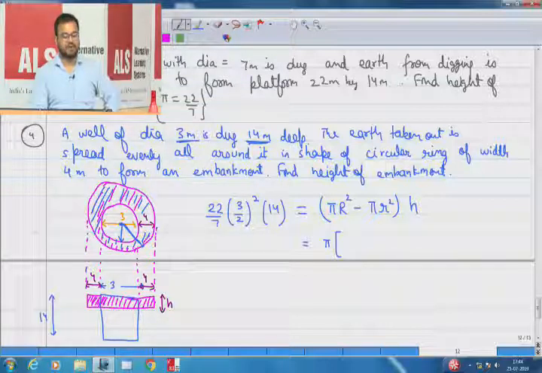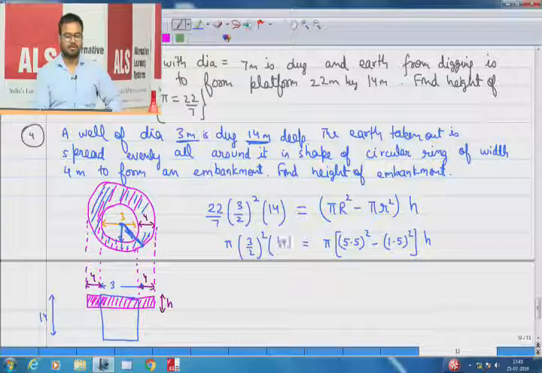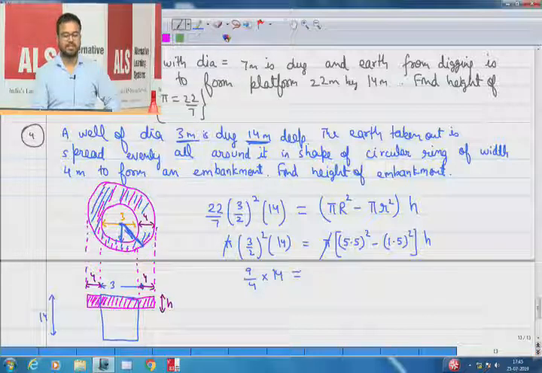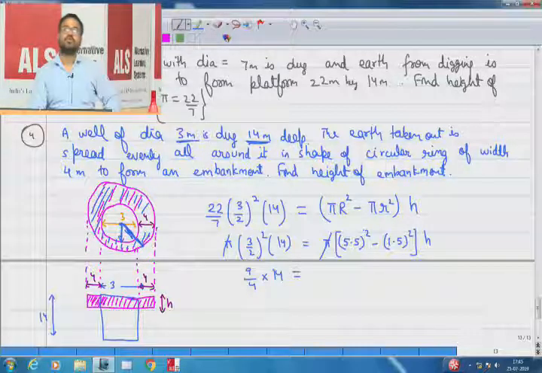Capital R, the larger radius: this width is 4 and this is 1.5, so 5.5 square minus small r square, which is 1.5 square, into height, and here the pi and pi will get cancelled out. You can write this as 9 by 4 into 14. Now how can you solve 5.5 square minus 1.5 square? You know the identity of a square minus b square, which is,